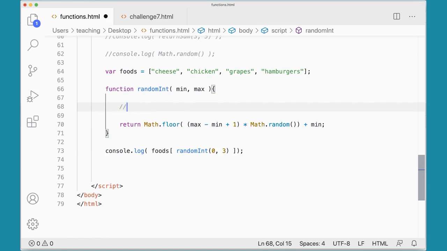So here you could say something like, creating a random integer from min and max. Or you could put a more explicit statement in here. Sometimes taking a big chunk of code and reducing it down to one line can be difficult to understand exactly what it's doing later. But in this case, I kind of like it because if you were to go looking